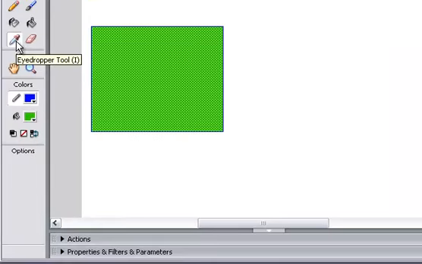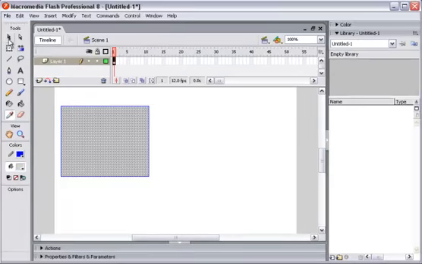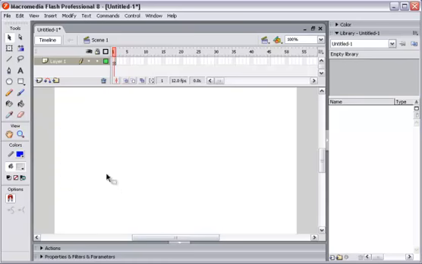This one is used to select the color, but I prefer that you select from this one, because even if you convert graphic to symbol, you can use this tool to select color, but this one, this eyedropper, can't. Okay, now everything looks okay for tools, but I will talk just a little bit about selection tools